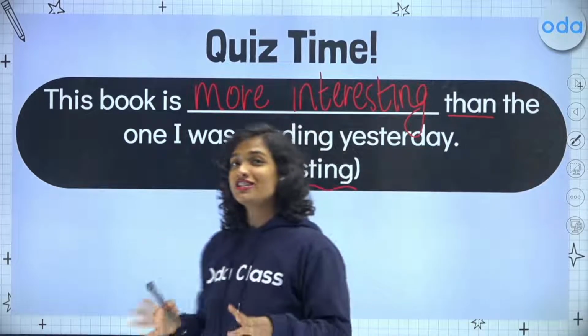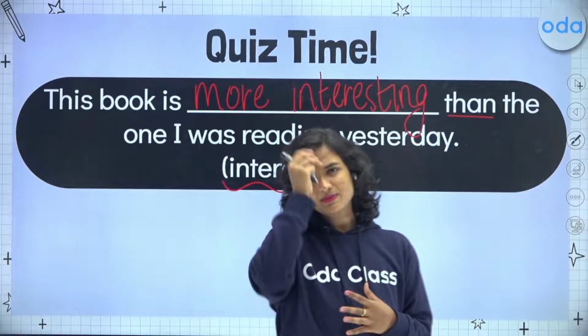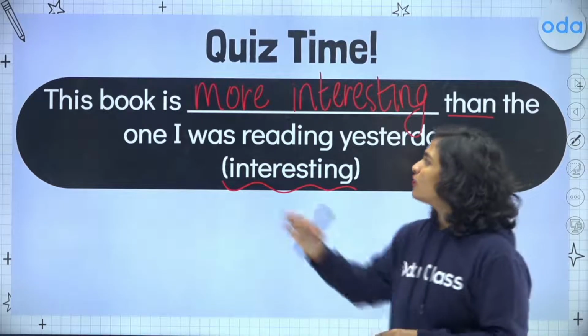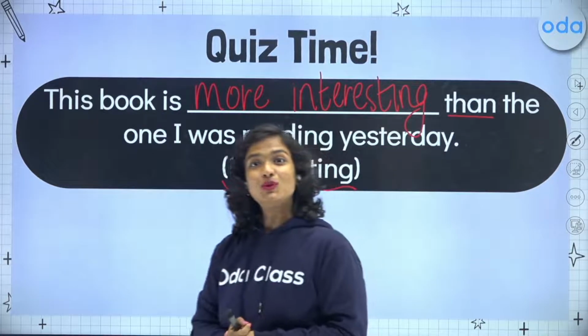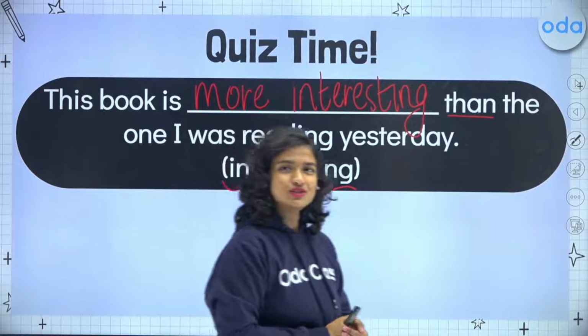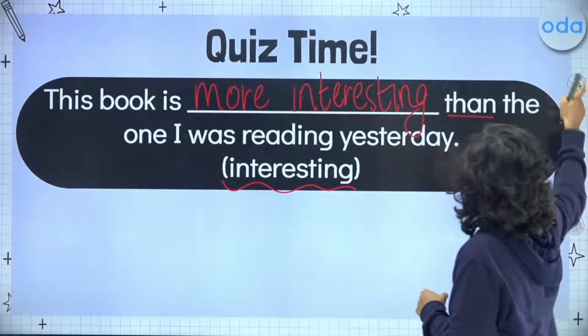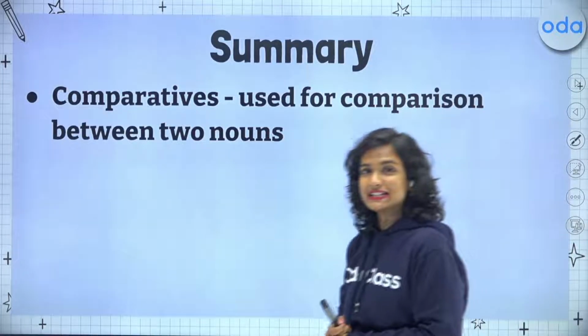Students, there are lots of adjectives in English that have irregular comparatives and superlatives, whether irregular or whether we have to use more and most, less and least. So come back to that video, students, to learn a little bit more about this. But for now, let's move on to a quick summary of today's lesson.